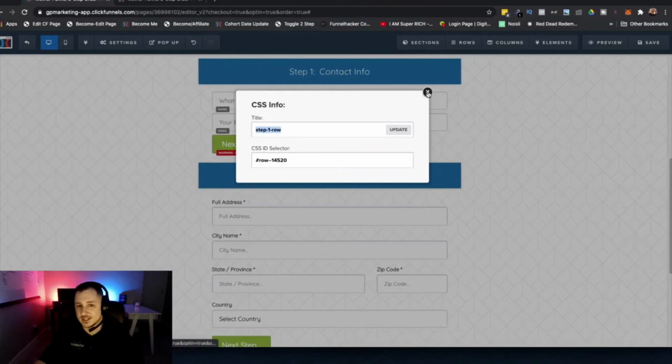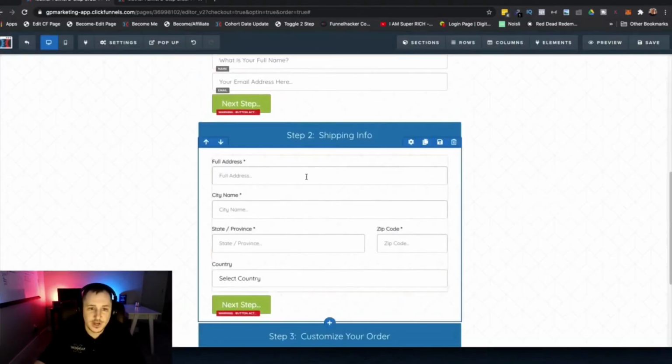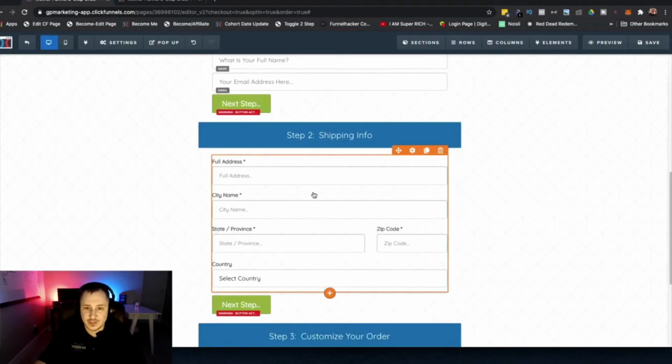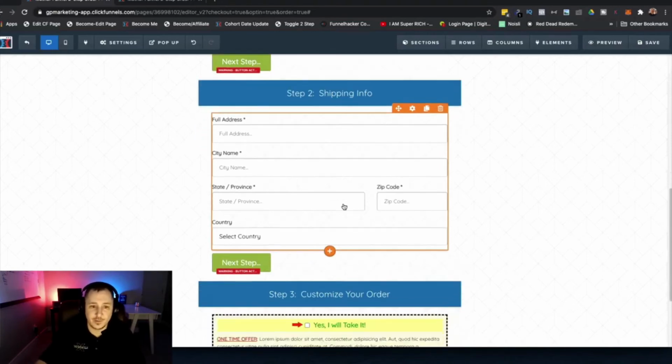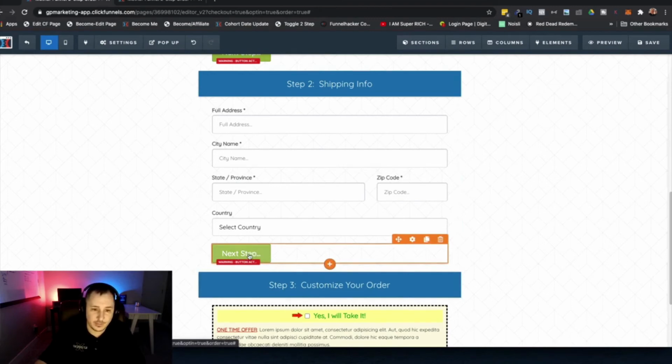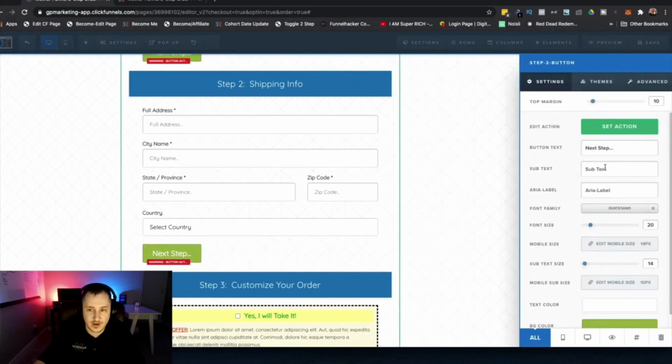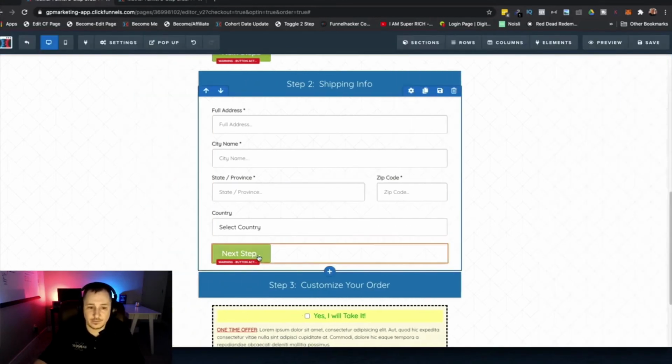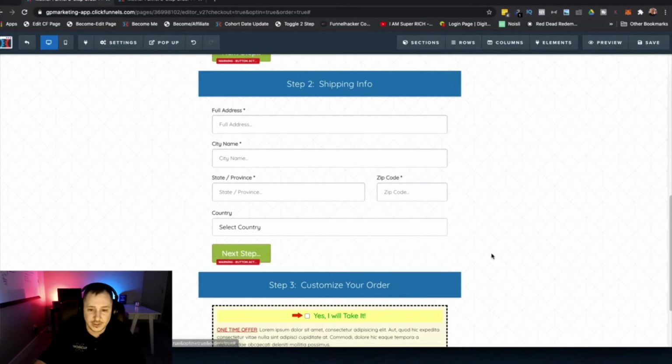Okay, so each one of these 6 rows that we're creating is going to have its own individual title. And I'll show them to you again before we're done. In this one, we just have the billing information. If you want to add something else in there, maybe a custom code, or ask for a phone number or some other information, this is your opportunity to ask for that information. Then you would put another button in here, and you could put whatever verbiage you want, like next step, and of course, don't associate this with any type of action, and that's it.